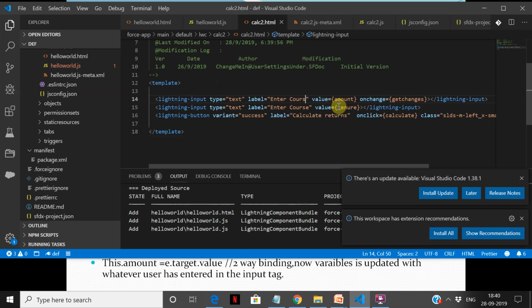So I'm going to say enter amount, enter tenure, and I'm going to trap the values over here.